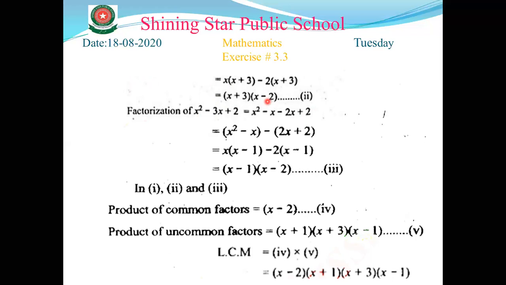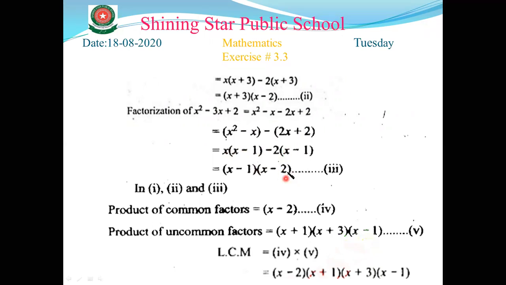Now, factorization of the third term. Again, we find two numbers. The numbers are minus 1 and minus 2, because when we multiply minus 1 with minus 2, we will get 2. Okay. And when we add them, we will get minus 3. From the first two terms, we take x common, we will get x minus 1. From the second two terms, we can take common minus 2. Again, we will get x minus 1. Both brackets are the same, so our factorization is right. Now, remaining is x minus 2.